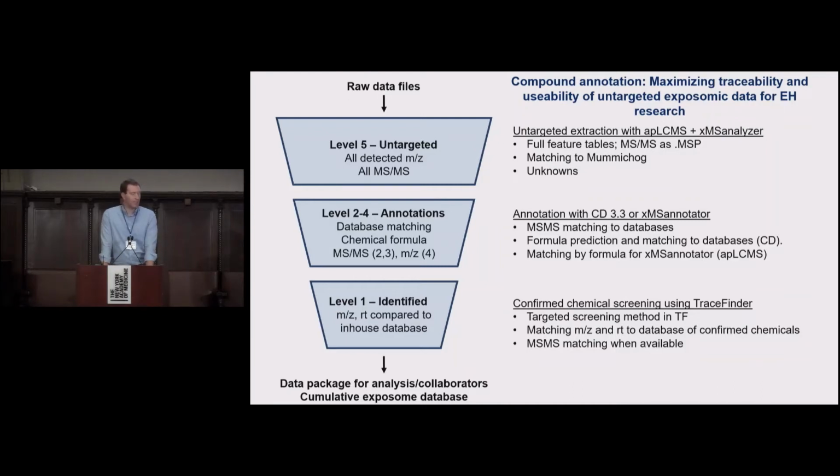These include providing multiple data tables from identified and high confidence confirmed metabolites and chemicals all the way through the fully untargeted data, which is basically all the information that we're capturing, whether they have identities or not. But the most critical thing, and I think one of the things that's going to be most important for advancing exposome research and making these cumulative resources is how do we get to a place where we have as many level 1 or identified compounds as possible.